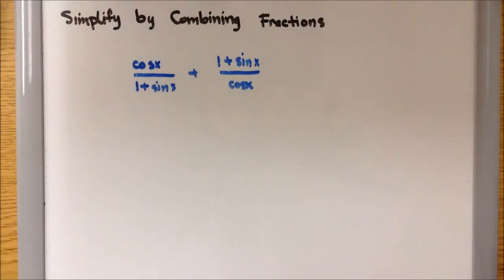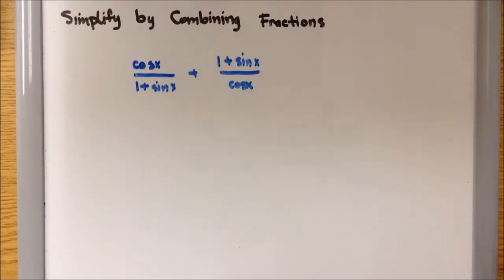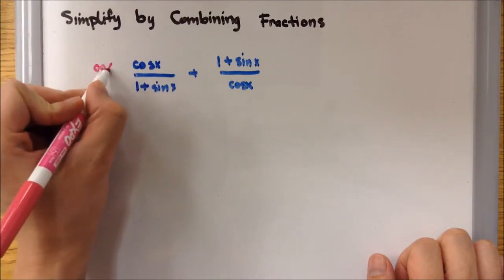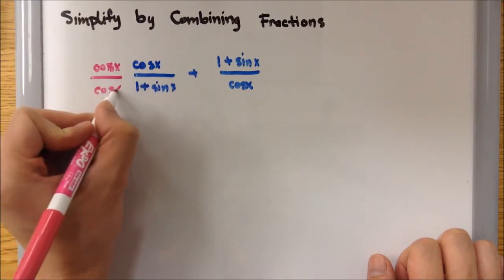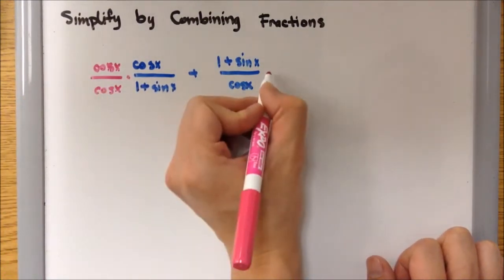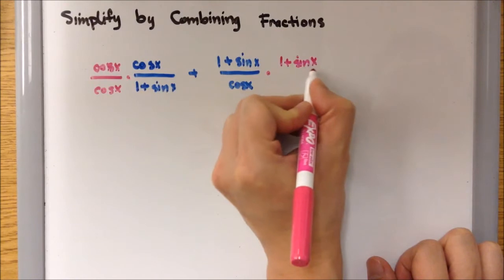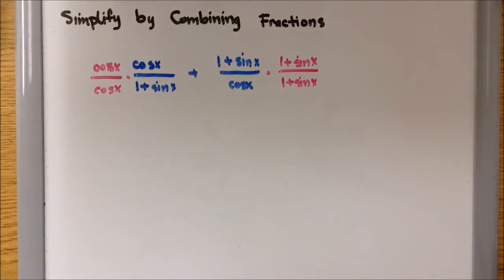Now, when we're combining any fractions, the first thing that comes to your mind is a common denominator, which we don't have. So, we look at 1 plus sine of x and cosine of x. The only way to make them the same denominator is if we multiply the left fraction by cosine of x over cosine of x, top and bottom, and then on the right fraction, we're going to multiply top and bottom by 1 plus sine of x over 1 plus sine of x. So doing that,